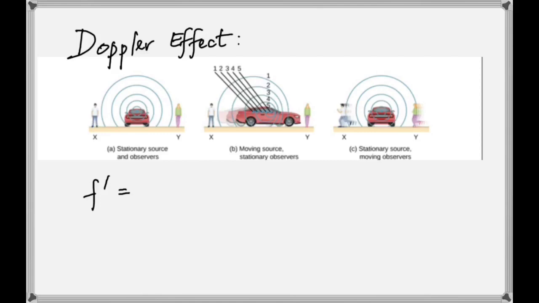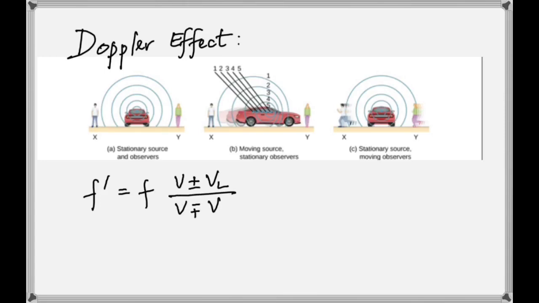Same is the case here, because now the source is at rest. This listener coming towards the source is going to hear a higher frequency, and this listener going away will hear a lower frequency. Now to calculate all this, the general equation is,